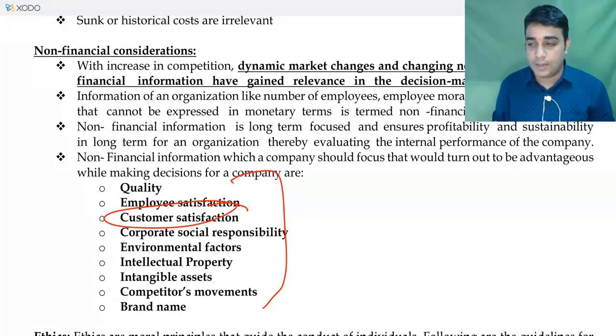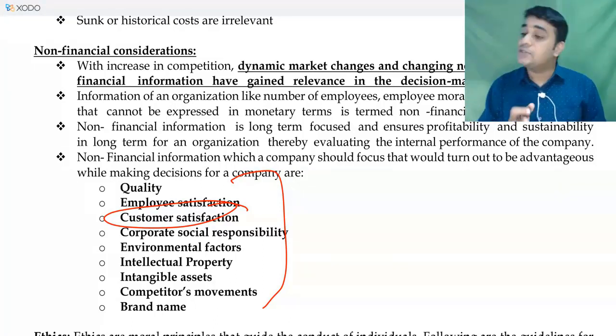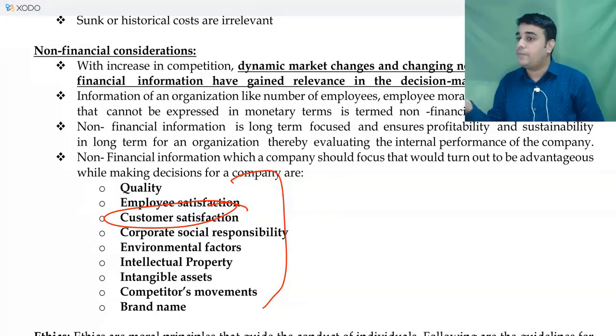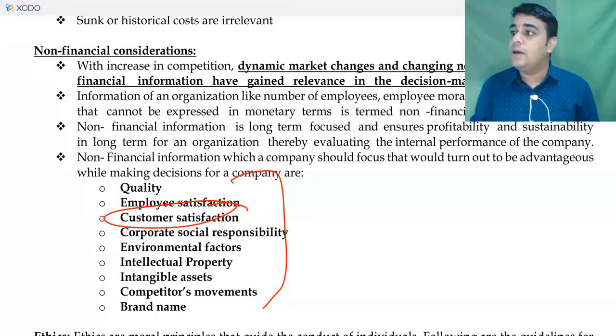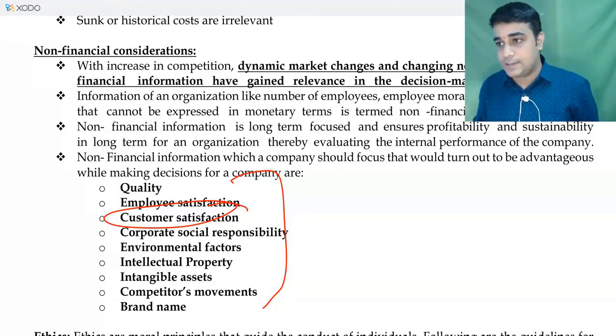I assume you have written your test one. There was a question which I had asked on strike. In that, I am not sure whether the customer part was there in the final points or not, but there is going to be an impact on your customer, because the customer will not find your product at that time. There would be reduced supply that could lead to inflated prices also for your end customer. So they are going to be impacted.